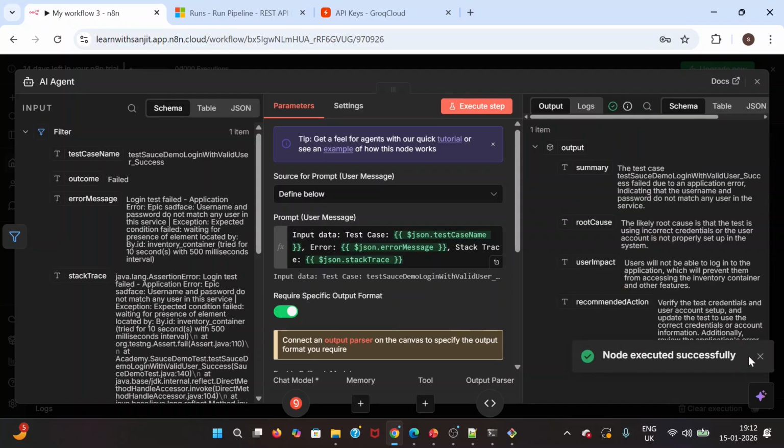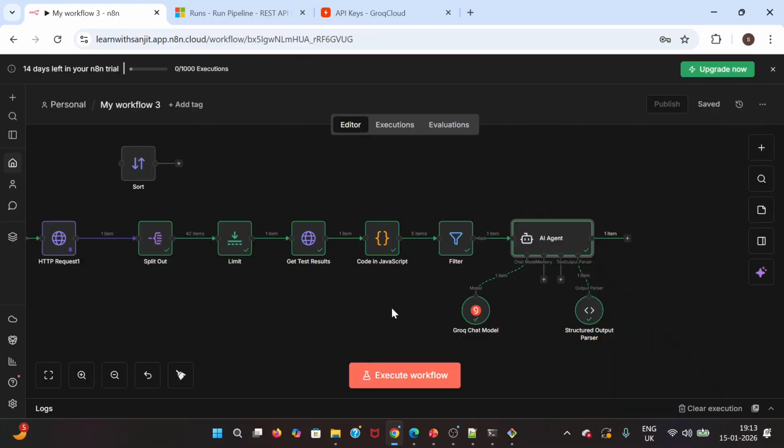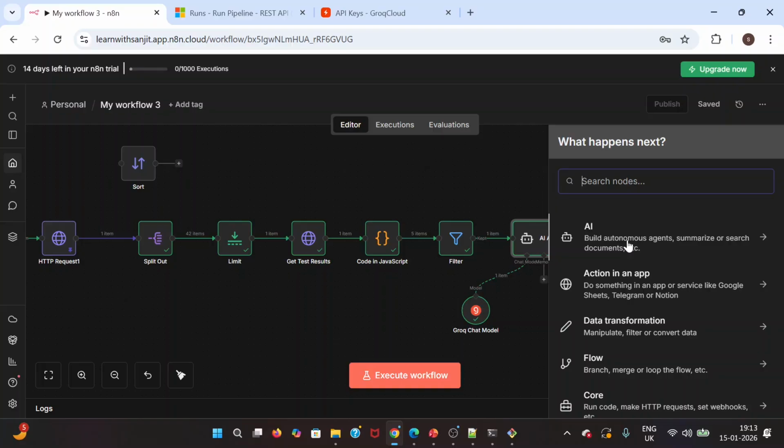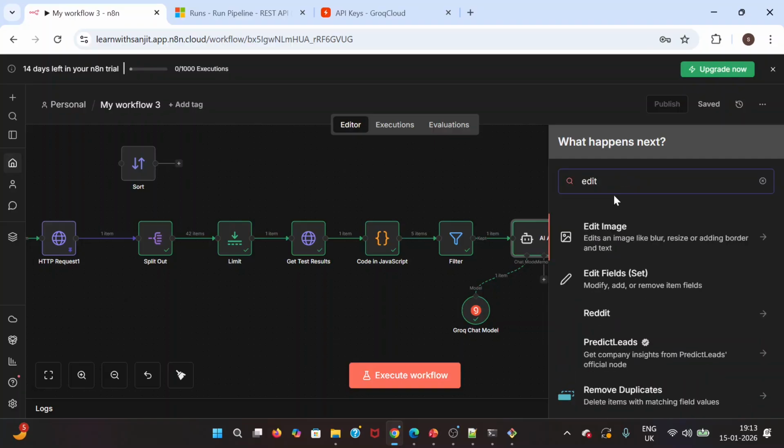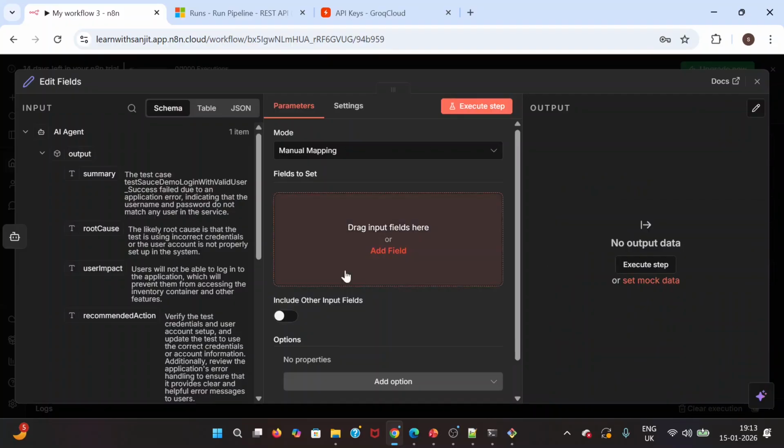Yeah, see, it's not fine. Okay. So now what we'll do, we have to add the next node, which is format this bug description. Okay, so we'll add an edit node once again, and yeah. So here I'll just change the name, format bug